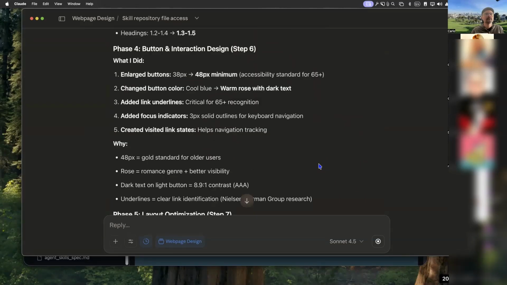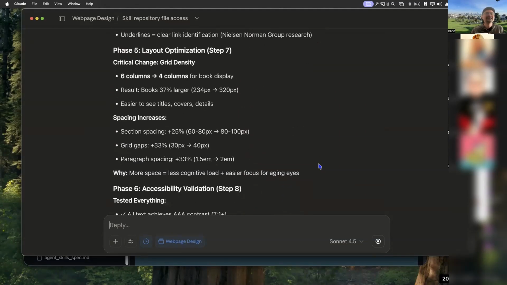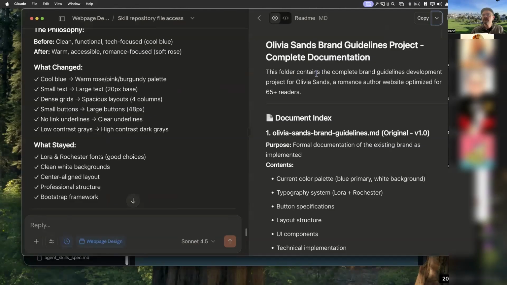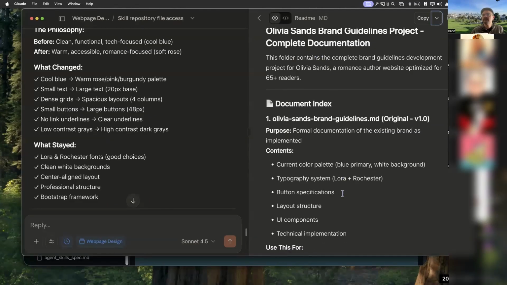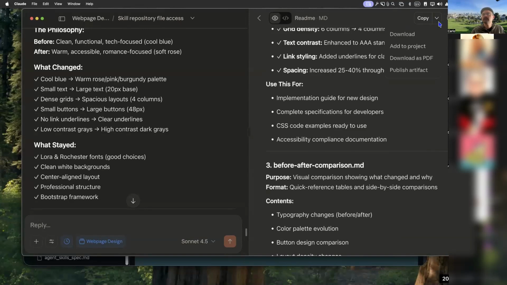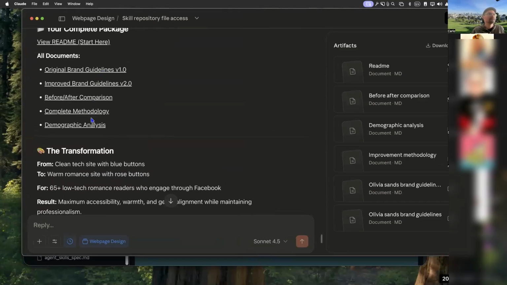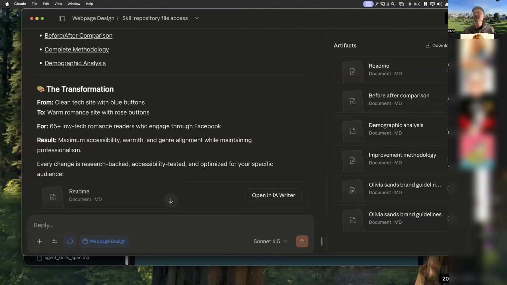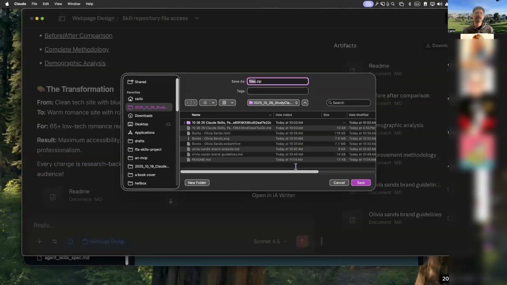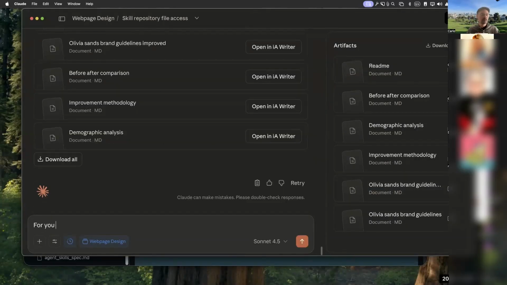Okay. It made the buttons bigger. Okay, I thought they were big enough. This folder contains the brand guidelines development project. Okay. How many files did it create? Okay. Oh my gosh. It created a bunch of files, so I'll just download all of them. It did a demographic analysis for you. For your recommendation